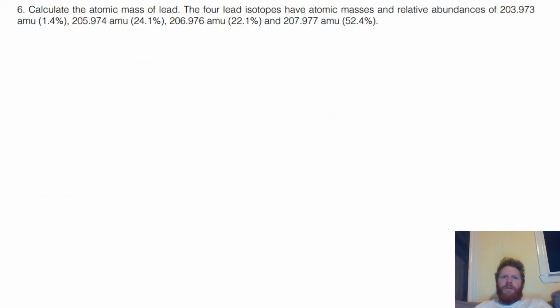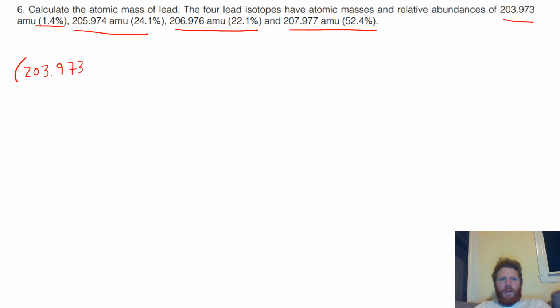Calculate the atomic mass of lead. The 4 lead isotopes have atomic masses and relative abundances of this, that, and that. So this is a continuation on how we've been doing problems. 203.973 times 0.014 plus 205.974 times 0.241